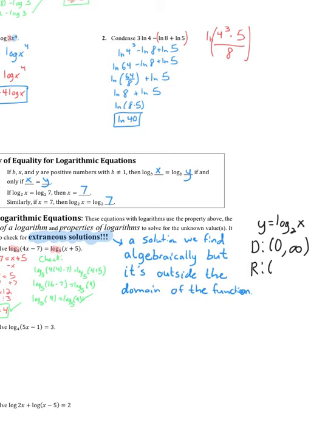The range of any function is negative infinity to positive infinity. So what we do then is, if we had two possible answers, like let's say we solved some equation for this and we got x equals 4 or x equals negative 2,